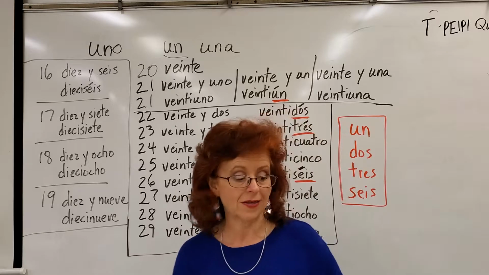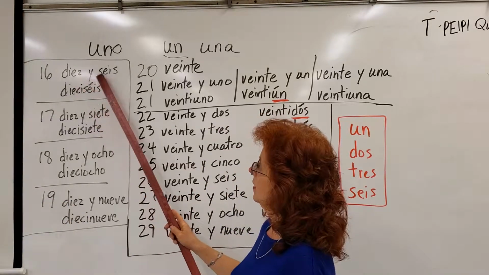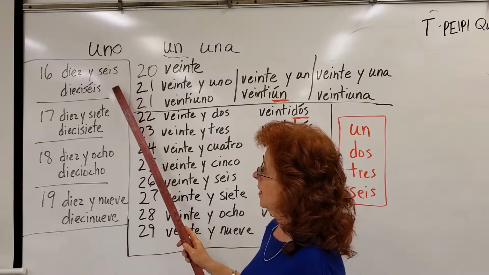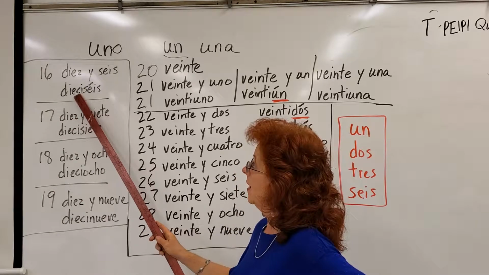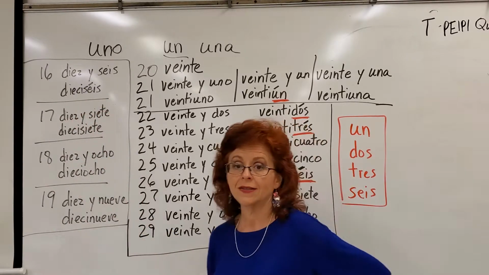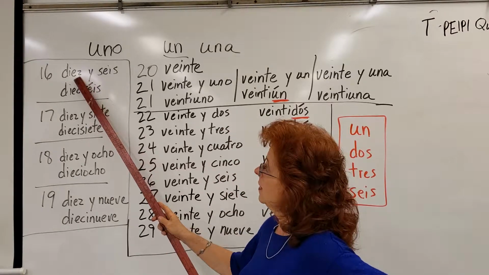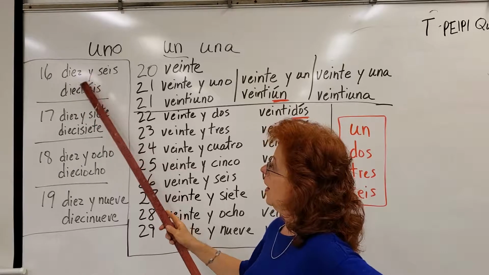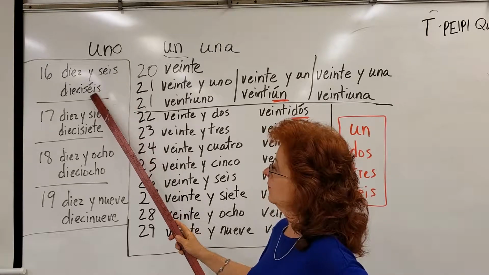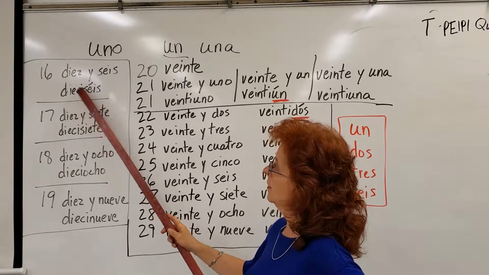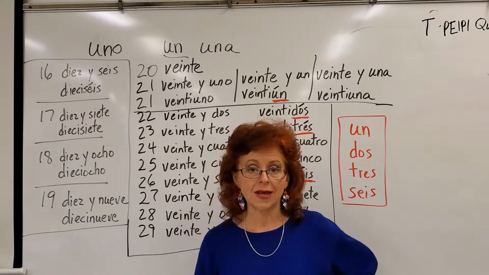So hopefully you can see this, and let's talk about this. When you say 16, you're going to say 10 and 6, diez y seis. And then there is a new way to write it, but you still pronounce it exactly the same. 10 y 6, 16. What you do for the new way is you change the Z into a C, change the Y into an I and attach it, and then you attach your final number there, 6. 10 and 6, pronounce them the same way. 16,